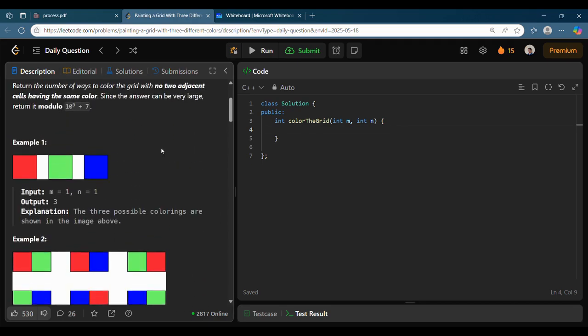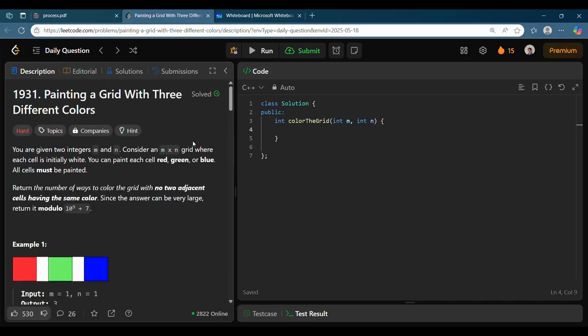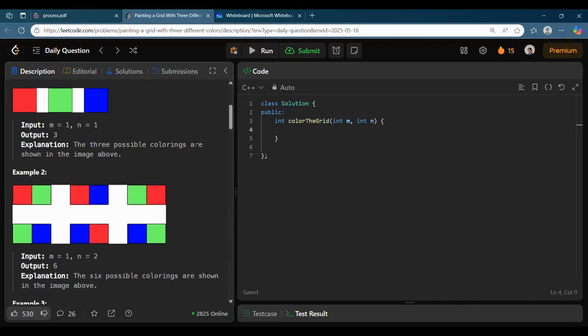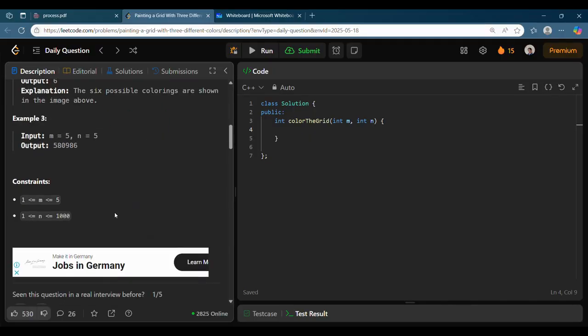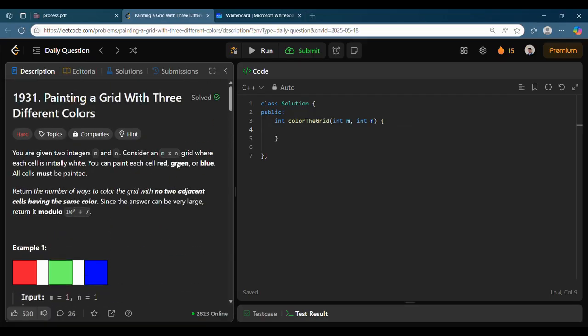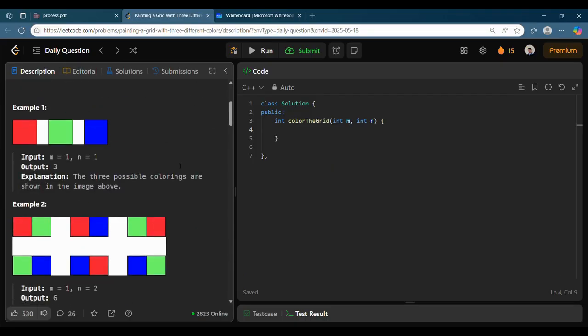in order to solve it in a brute force manner, you can write a backtracking solution. What you can do is try out every cell with all the possible colors, and check whether its previous cell has a different color or not; only then can you place the color. After you reach an endpoint, you just increment the answer plus equal to 1. This is a brute force approach, but since the constraints are like 1000, there can be 5000 cells, and definitely 3 to the power 5000 is not a feasible solution. So that is why it is not possible to do it.